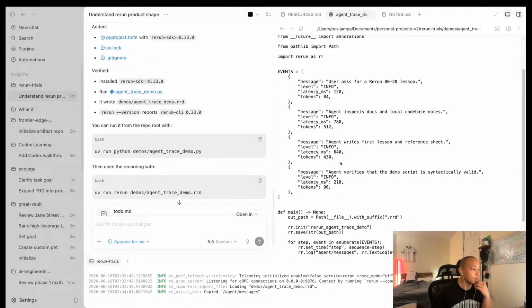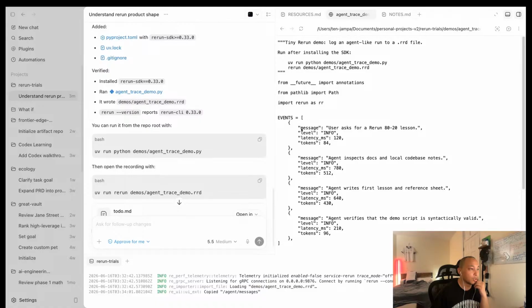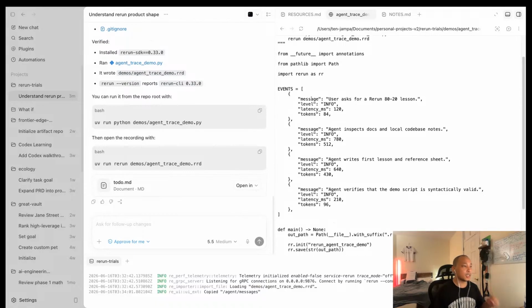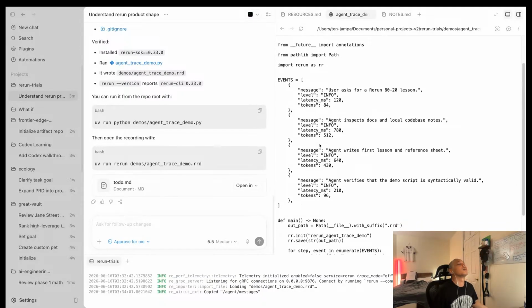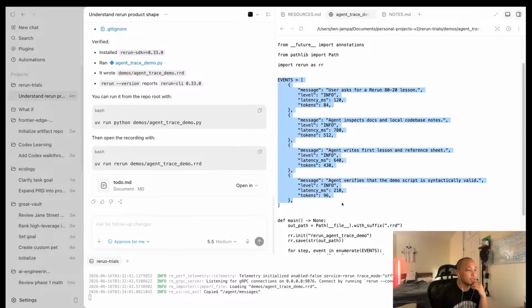Not the pseudocode, but the dummy code. And so you have events that you're trying to log and save as rerun. The events can be from different places, right? So this is trying to simulate an agent log.